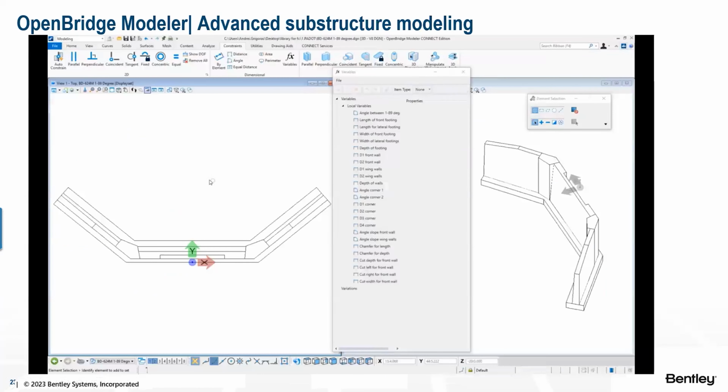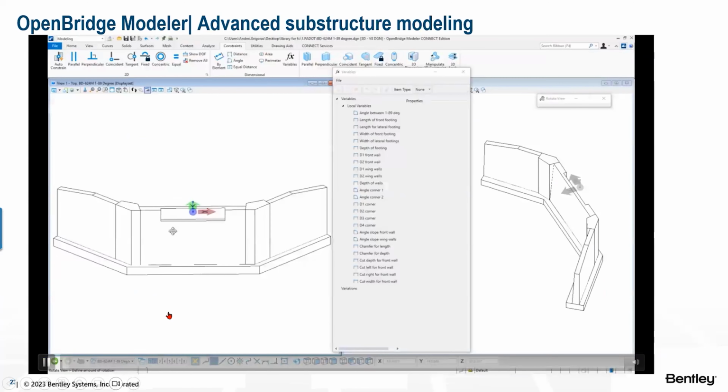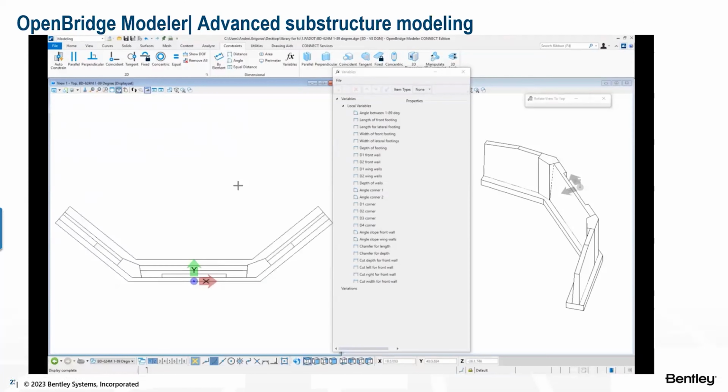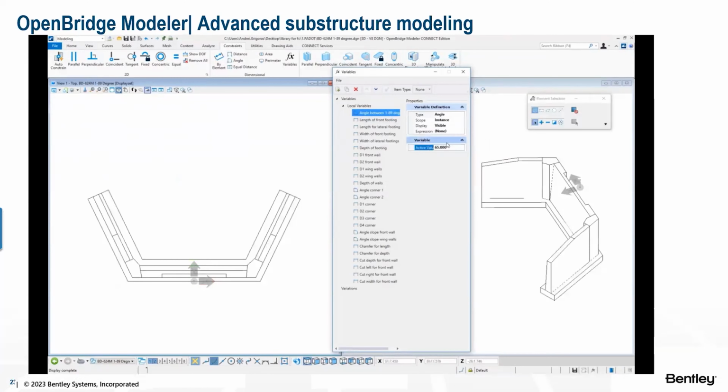But confining the user inside a parametric object, there's always something he wants more possibilities to do. That's why we have developed what we call the parametric component. And this is the type of abutment, for instance, that we can directly create inside OpenBridge